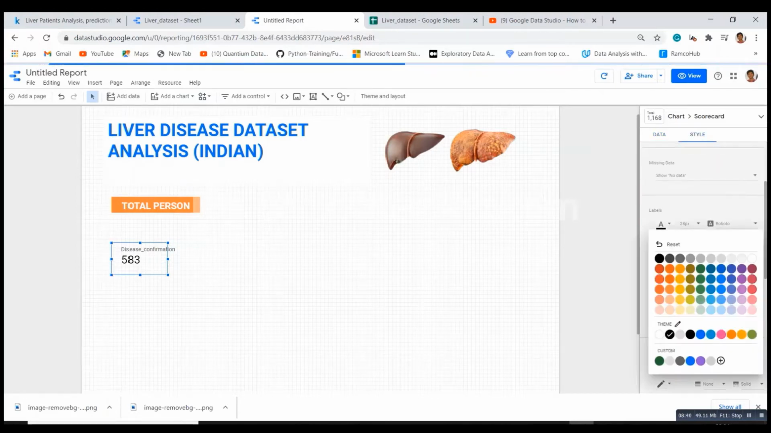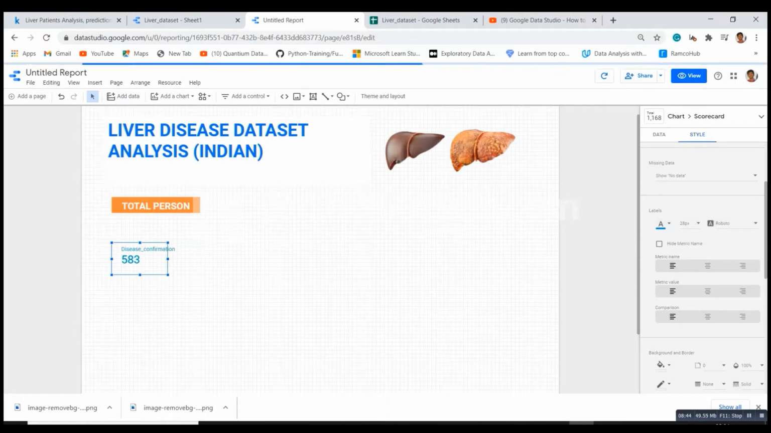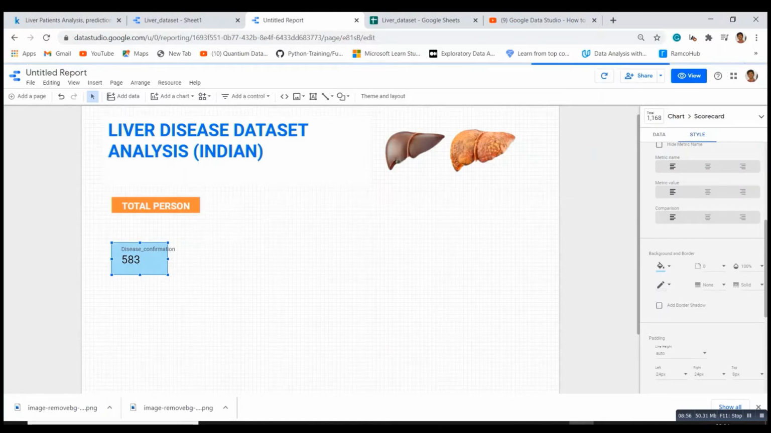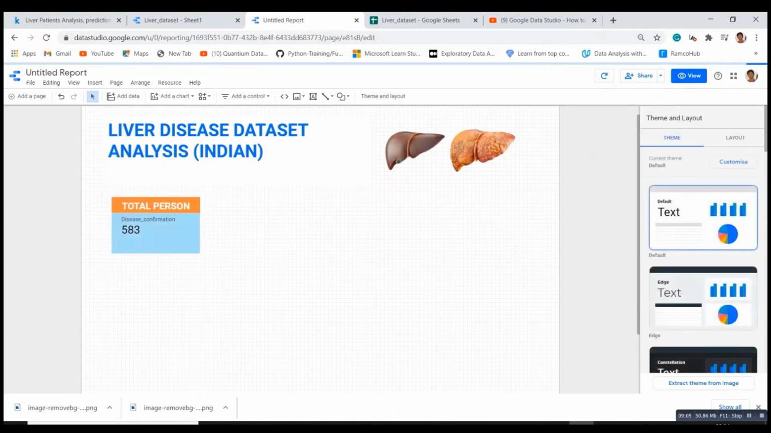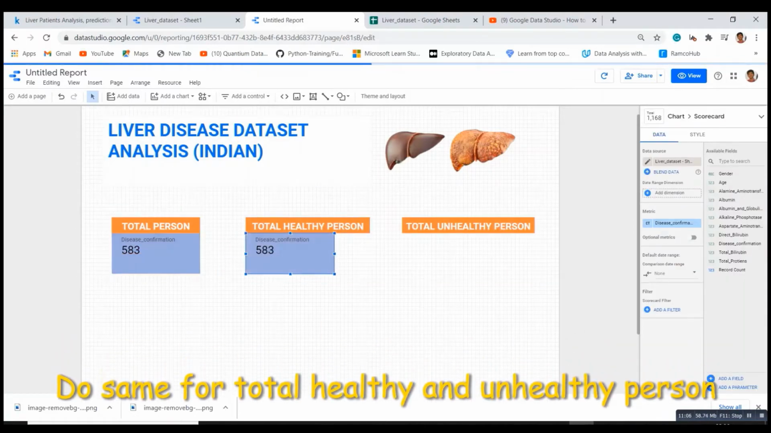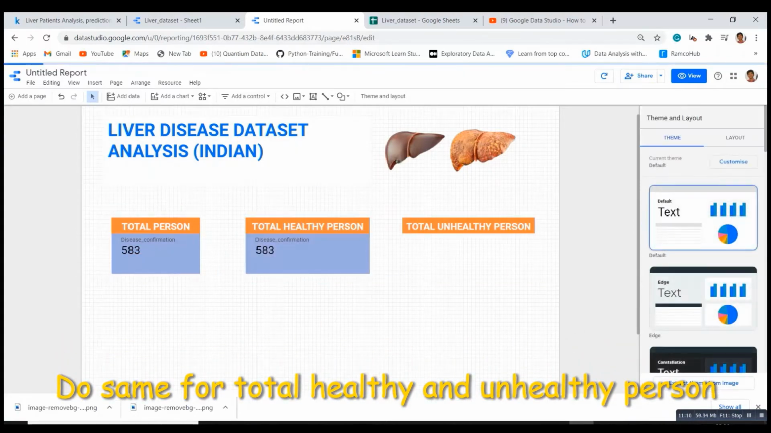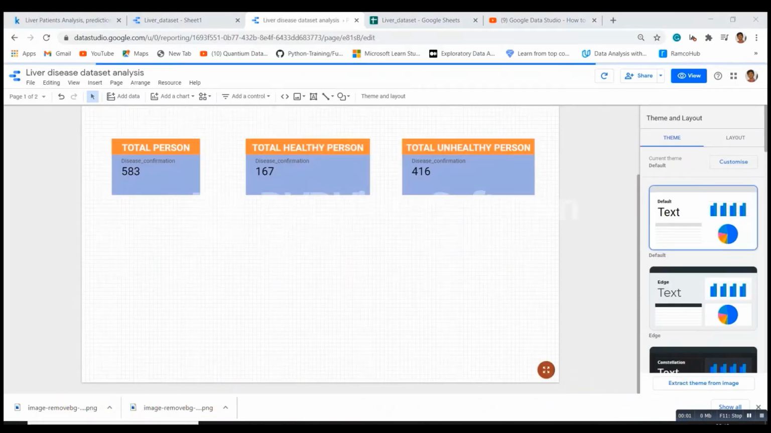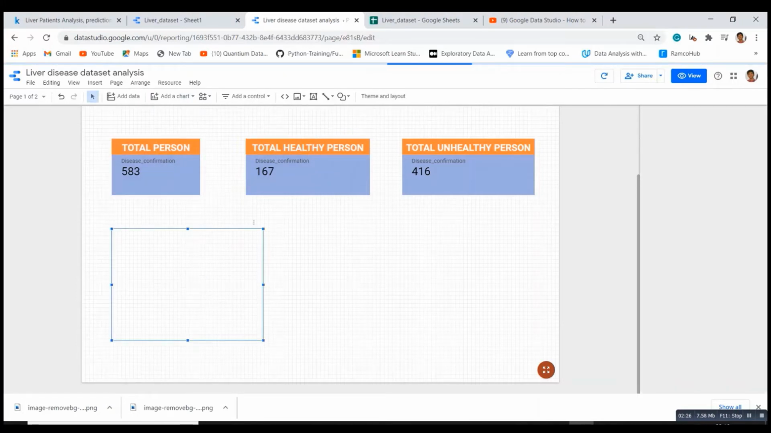total number of persons using the scorecard, where the default record count has been shown, and we have changed the metric to disease confirmation, based on the total number. Now, using the style of this scorecard, we'll simply change the color and font size, and we'll make this UI